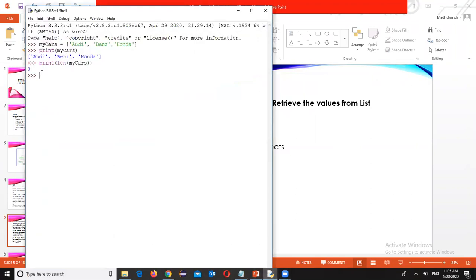Then how can I go for the print? What is the list name? my cars, square bracket. So bench I want to read. Index starts with 0, so 1 I can give. That value we are going to get. Now I want to read these two values. Then we can go for the slice operator. We can use it like this: print